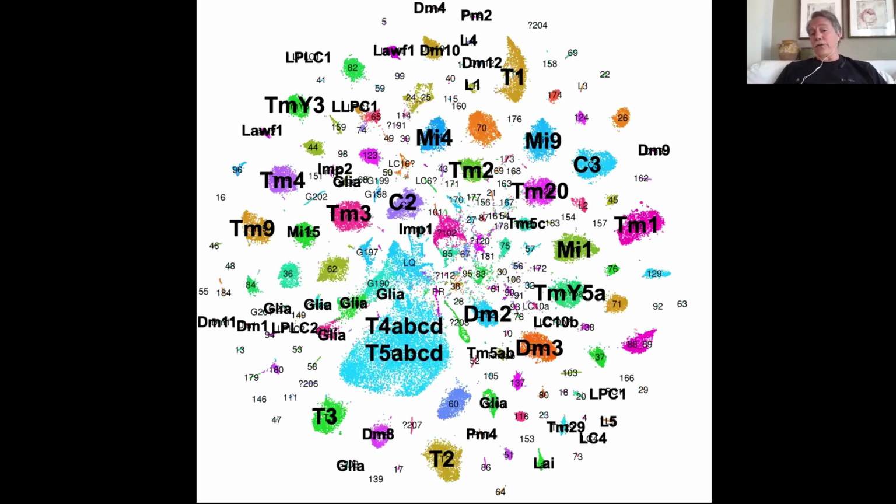Which means if we want to understand how the neurons connect to one another, we need to be able to look earlier in development, at the time when they make the connections. And I'm going to give an example of that to illustrate what I'm trying to say.